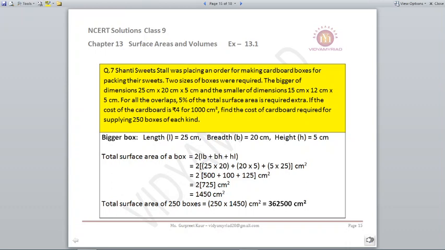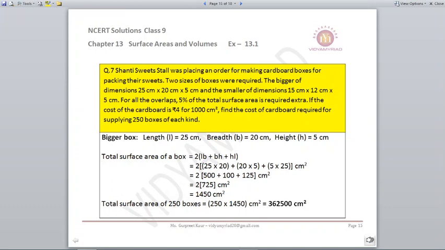Let's find out the TSA of the bigger box, multiply with 250. Find out the TSA of the smaller box, multiply with 250. This is the first step. So we are given all the sizes of the bigger as well as smaller. Put it into the formula of 2 into (LB plus BH plus HL). The TSA of the bigger box comes to 1450 centimeters square. But we want to find out for 250 boxes. So it comes to